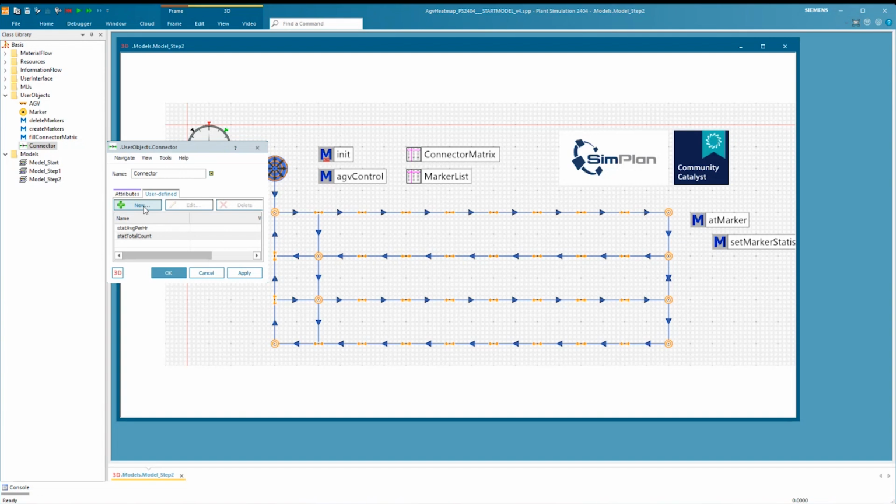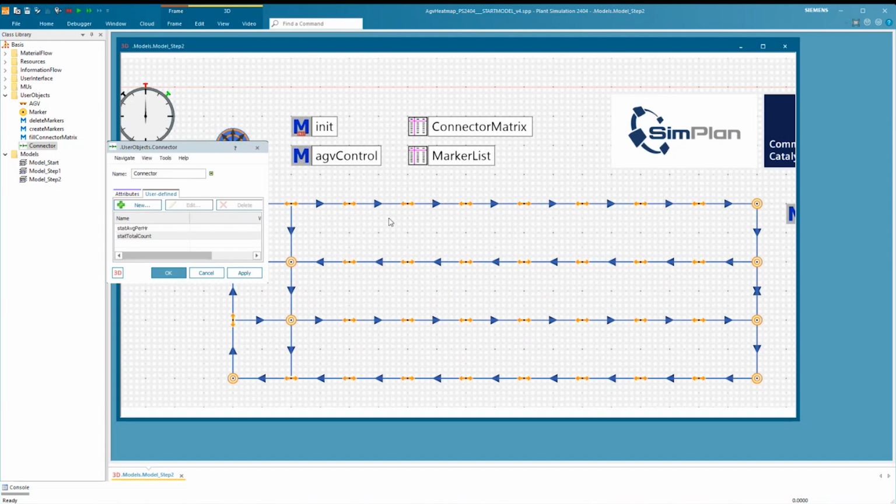The marker is more like marking a position, a coordinate in the layout that the AGV is traveling to, but it's not really located on the marker, and it's also not located on the connector. But if we build a layout like this, where we use the connectors to show the possible routes, I could still say if I'm going from this point to this point that I'm basically traveling along connector 16.